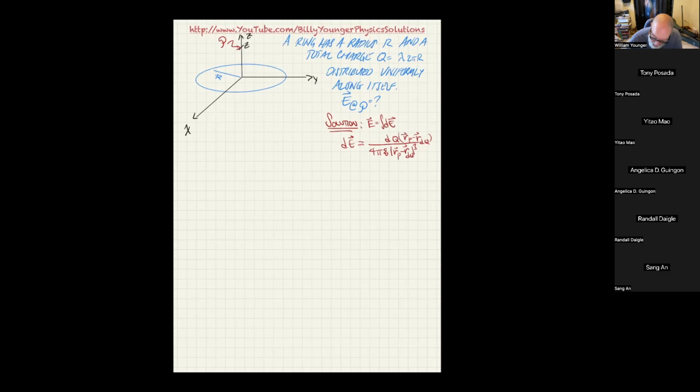So let's get started on doing that. What I'm going to do first is I'm going to imagine going out an angle theta. So this angle right here is theta. And then I'm going to imagine allowing that to vary just a little bit so that I now have an angle right here that will be d theta. Okay. That means that this little line segment right here, which is what I'm considering to be dq,